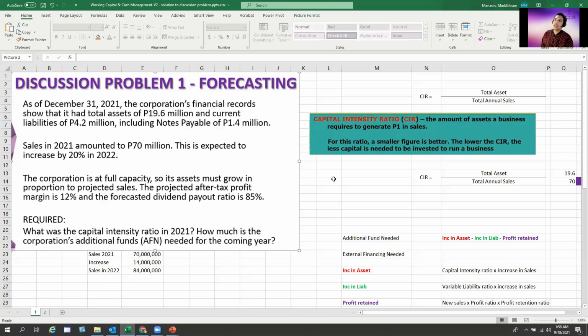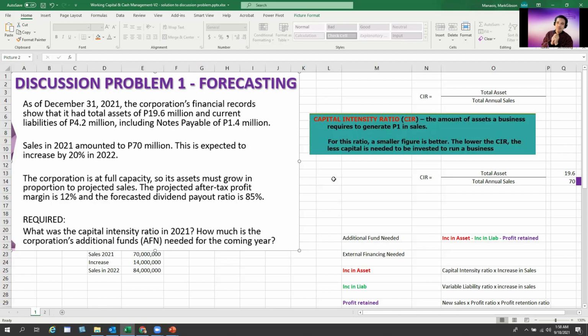So ganito lang yan, class. Ang capital intensity ratio basically is, kung meron kang 1 peso na sale, magkano yung kailangan mong i-capital invest to generate 1 peso of sale, no? Siyempre, ang gusto natin is mas mababa, no? Imagine na lang, no? Parang ganito. Para makapagbenta ka ng